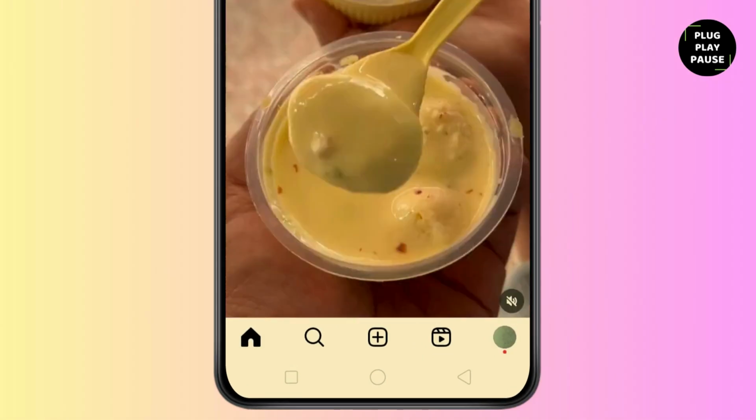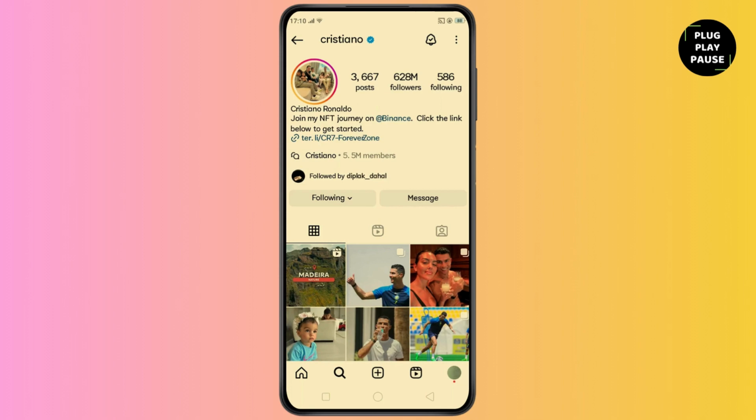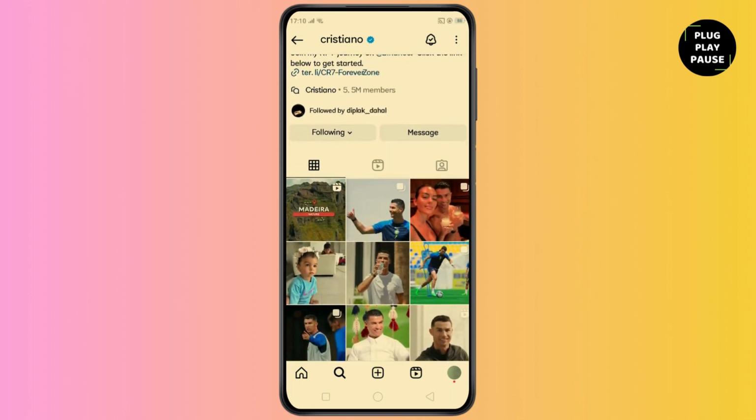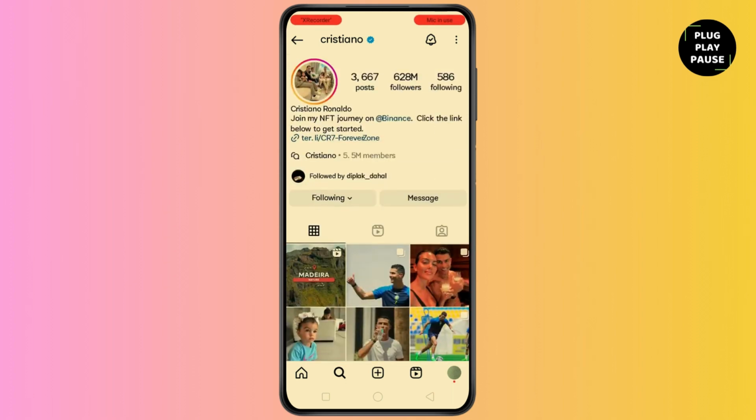After going on the Instagram app, go on the home page and then go on the search bar and then simply search for any curious person that you're curious about if they have followed you or not. And after that, you can simply see that we have followed the certain person. And now you want to see if this certain account has followed you or not, then how can you see that